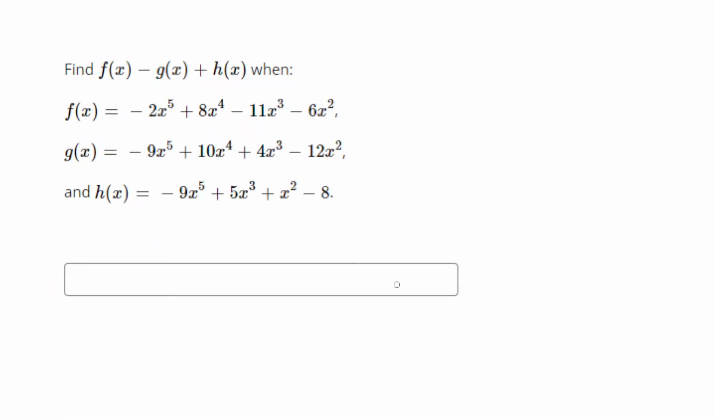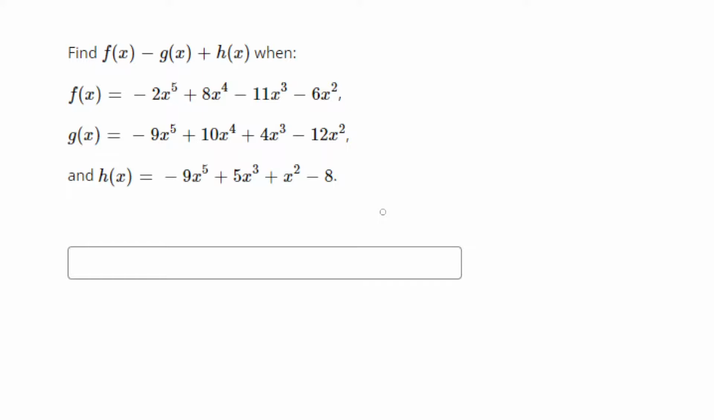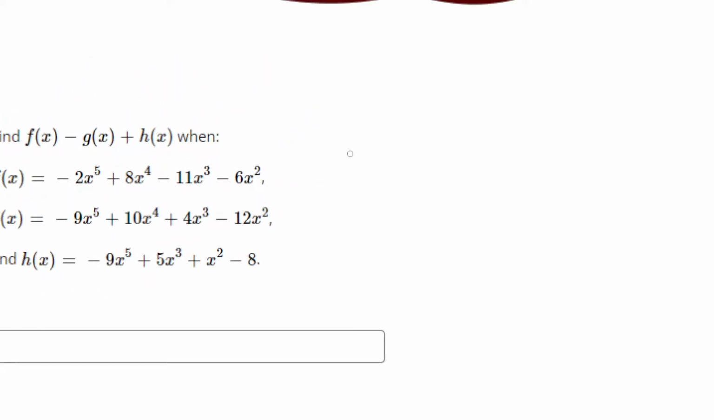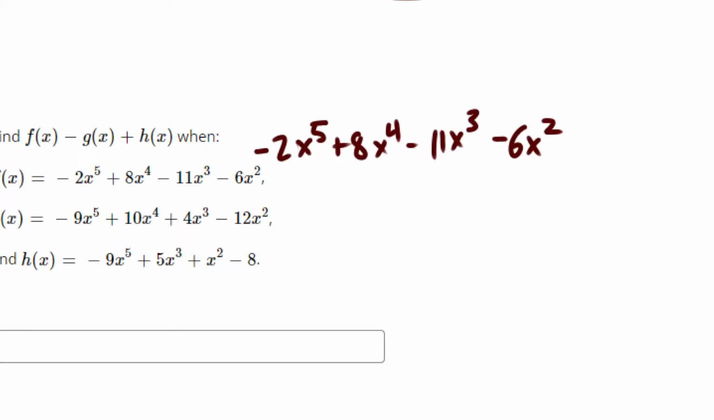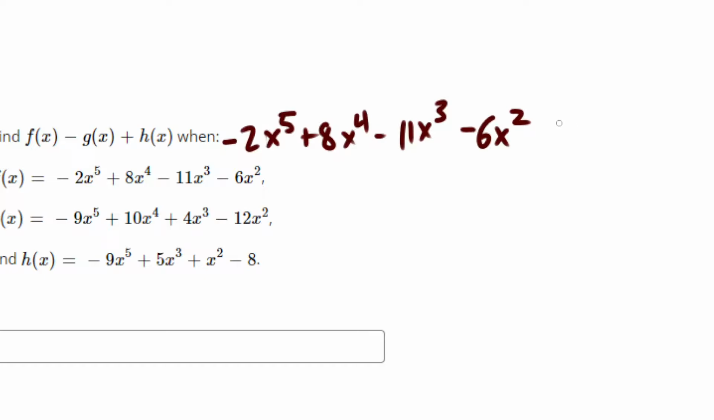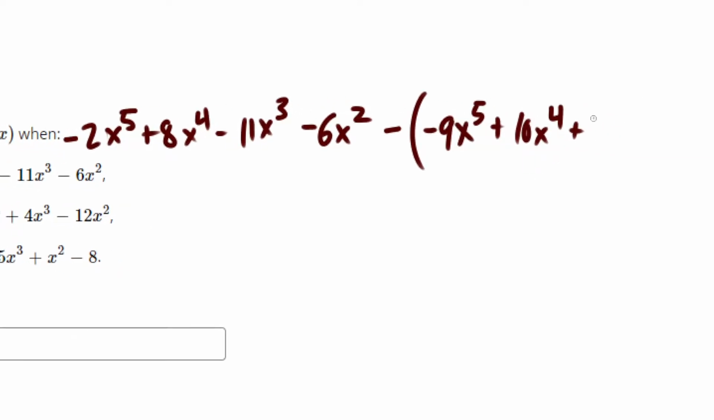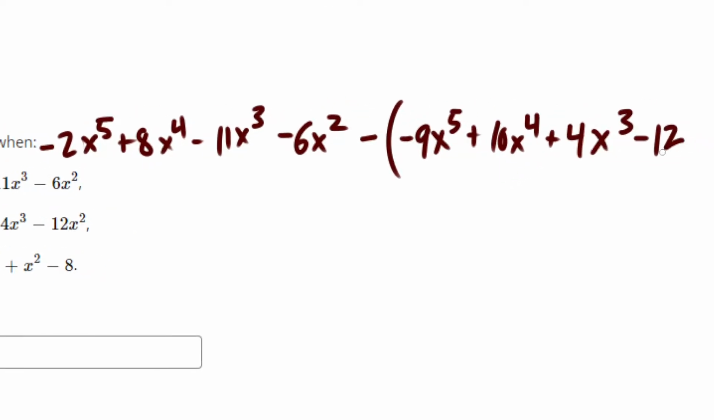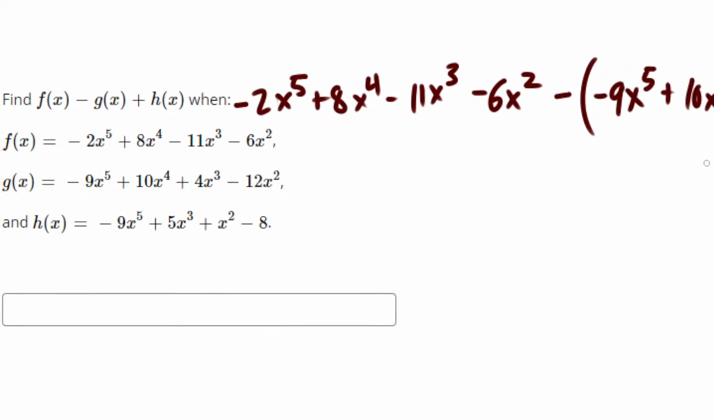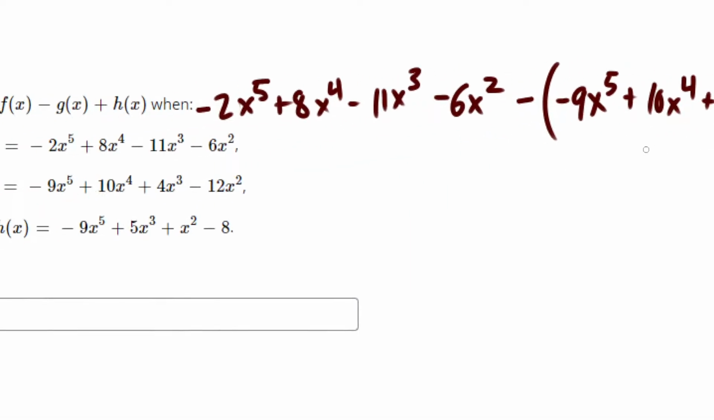The next is going to say find f of x minus g of x plus h of x. And then it gives us the list of the equations. So now we just want to plug them in. So negative 2x to the 5th plus 8x to the 4th minus 11x cubed minus 6x squared. And then we want minus g of x. So minus negative 9x to the 5th plus 10x to the 4th plus 4x to the third minus 12x squared. And we'll close parentheses on there, and then plus h, which is going to be 9x to the 5th,